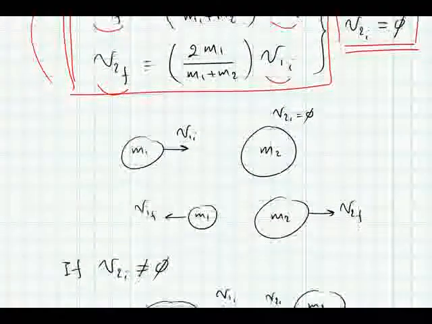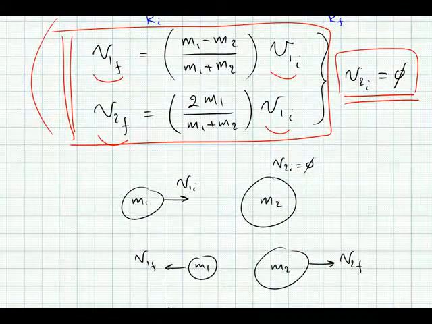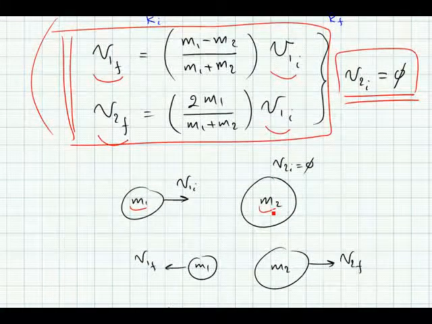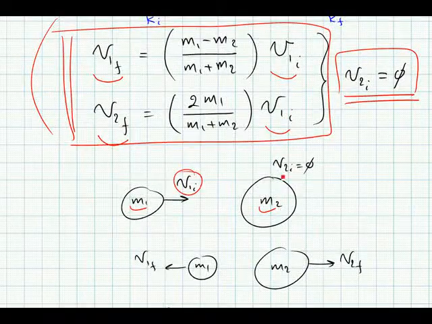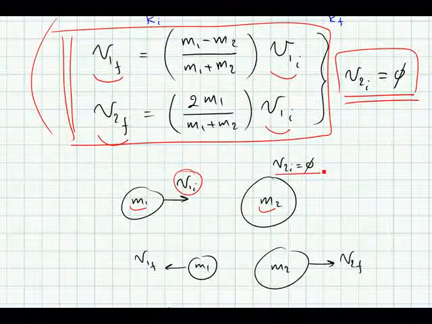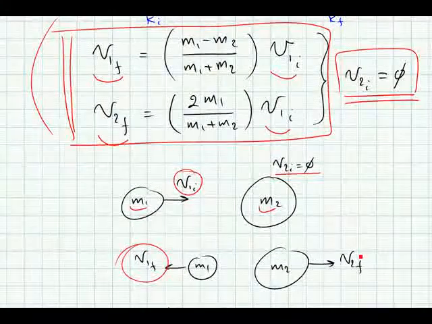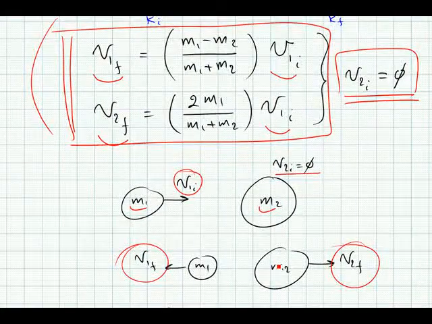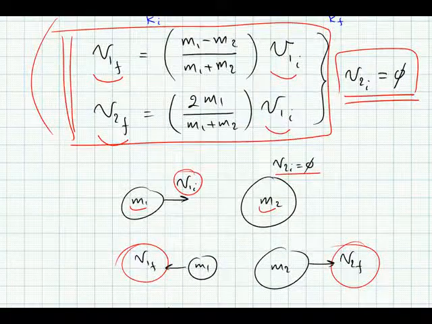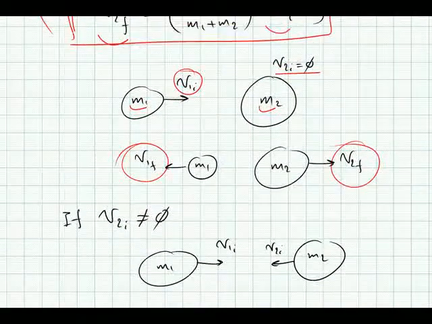Now, as I said, here's the picture again. We know mass 1, we know mass 2, and we know initial velocity 1, and this is 0. The velocity of object 2 is 0 to start with. After collision, these are the unknowns, v1f and v2f, and you use these relationships here to figure out what those unknowns are. Now, what if velocity 2